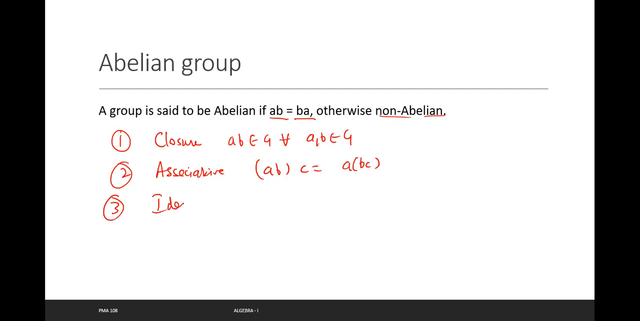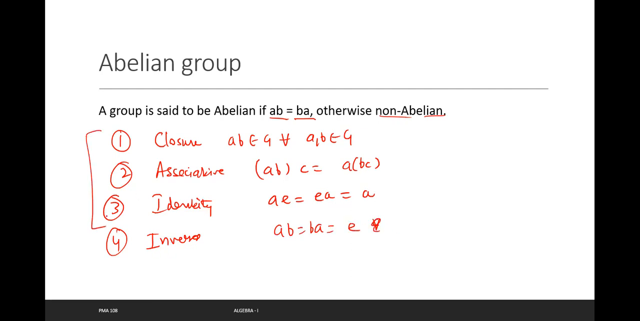Third is identity, AE is A. Fourth is inverse, AB is BA is E, right? अब ये तो ग्रुप की प्रॉपर्टीज हैं, ग्रुप होने के लिए 4 प्रॉपर्टी जरूरी हैं।